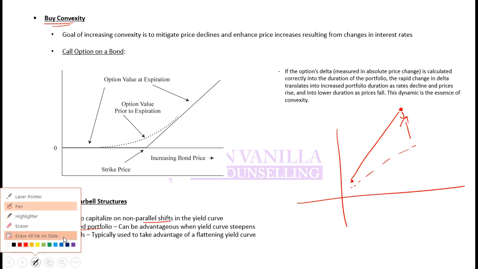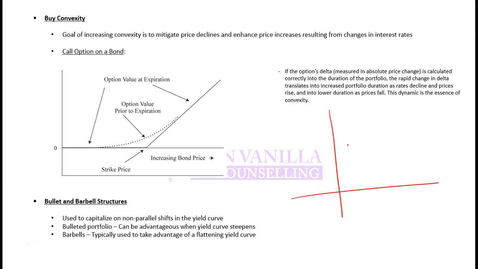Or let's do it the other way. Let's say that this is your curve. At both the ends, yields have declined, but yields have declined more at the lower end. So if yields declined here and yields declined here, then in that case, here the return will be lower and here the return will be higher. If steepness is changing, the return at the lower end and longer end would be different.